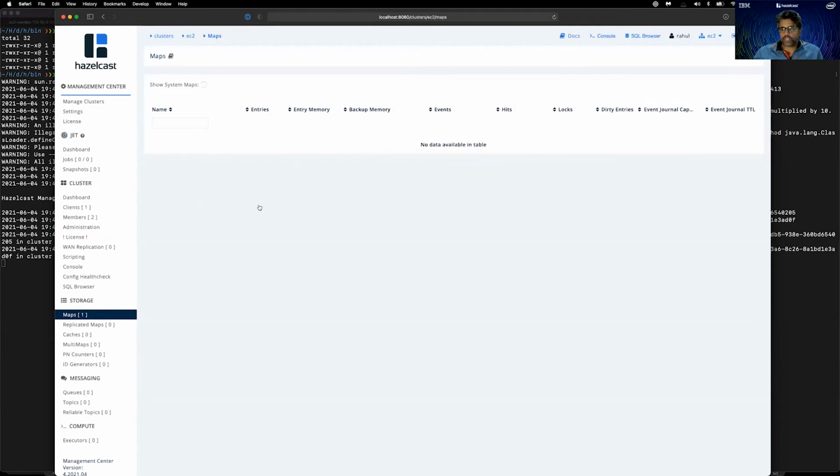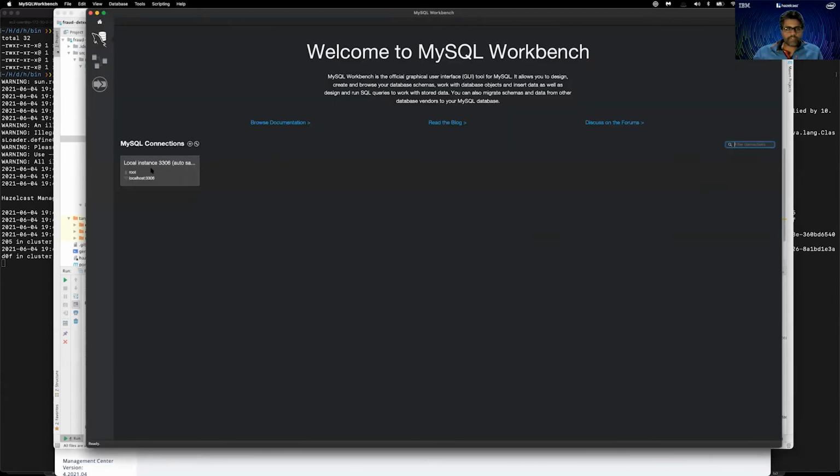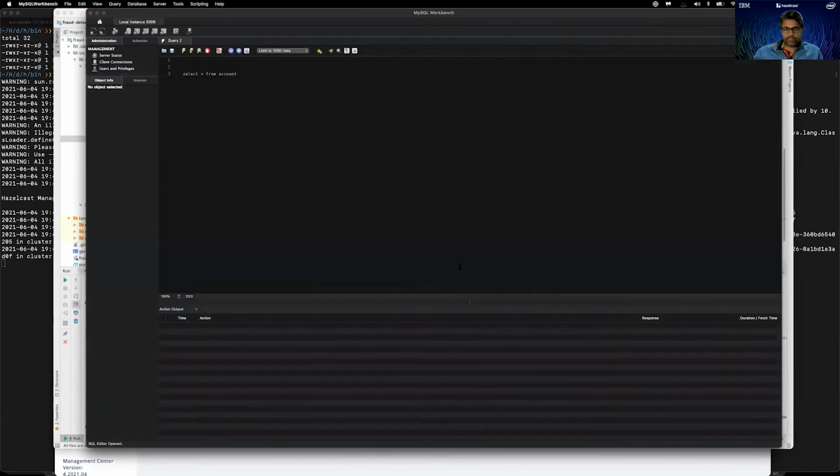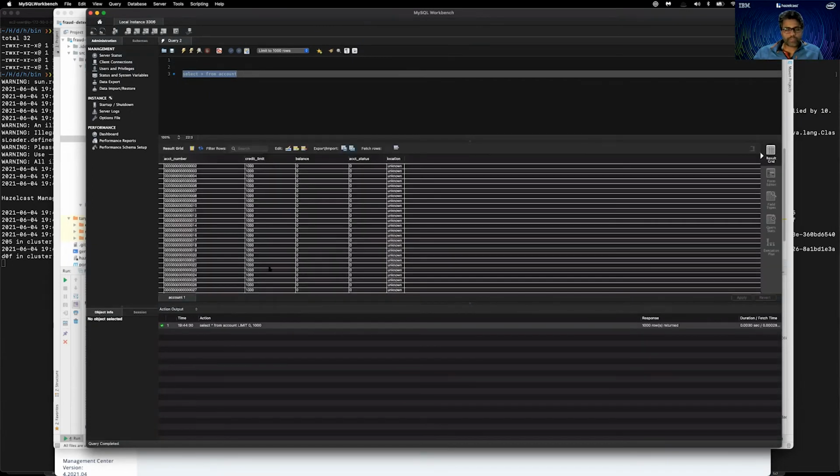So what we'll do is start the on-prem version of the cluster. And if you remember, the on-prem version of the cluster reads data from an underlying MySQL database. So I have this MySQL database running, and I have 3 tables: account, merchant, and transaction. The account table has a database of 2,000 customers with unique account numbers, credit card details, and several other fields.